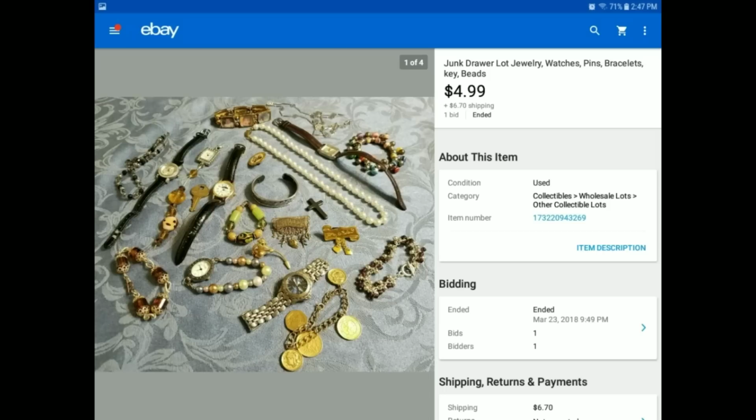But as you can see, $4.99 plus $6.70 shipping. So I bought this lot with a bunch of jewelry I had told you about in a previous video that I got at, let's see, what was that? Goodwill, not the outlet, but just a regular Goodwill store. I paid $50 for all the jewelry, and this is just some more lots that I made to continue to get as much money as I could out of that grouping, and so we did quite well. Not a whole lot, but still